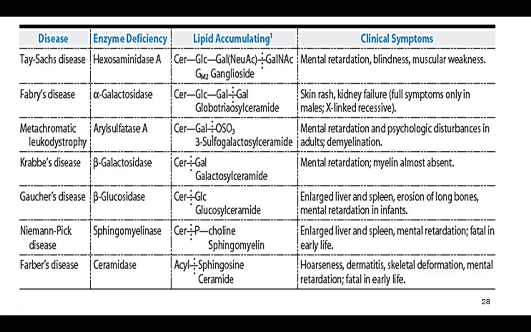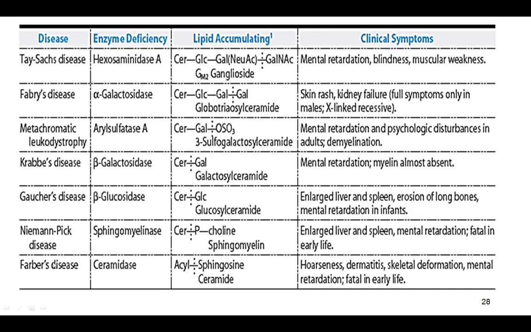This is over. Now we read about different types of lipids, right? Compound lipids, complex lipids and all we saw. But sometimes those lipids can accumulate in excess in the body and can cause inborn errors of metabolism. Because of the excess accumulation of different types of compound and complex lipids, especially phospholipids and gangliosides, it causes inborn errors of lipid metabolism in infants, leading to different types of diseases.